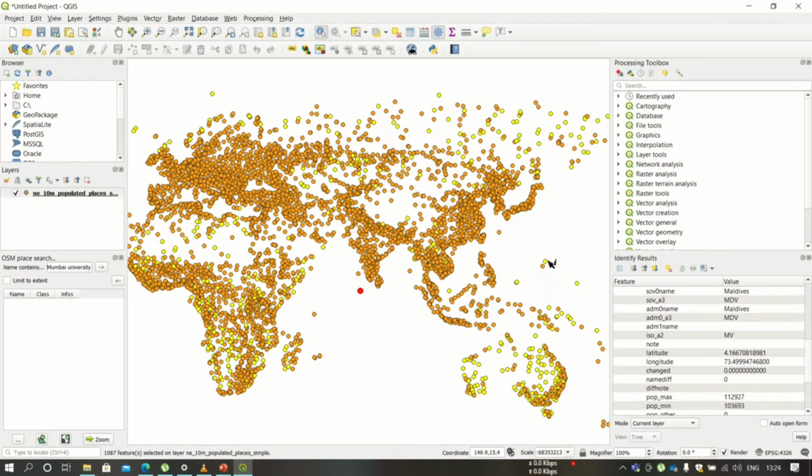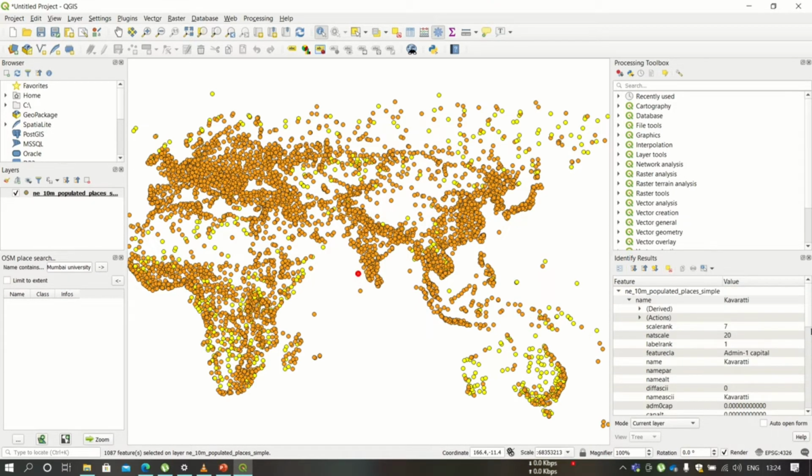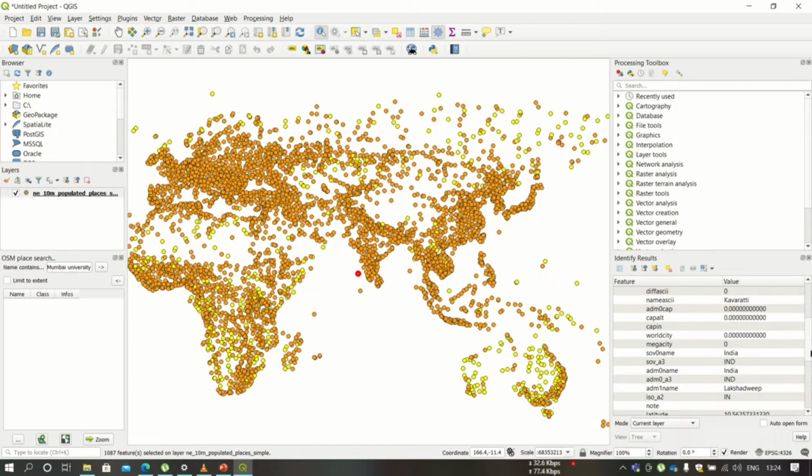The population max value for this dot was more. That's why it was not highlighted with the yellow color. But for this dot, the population value is in between 100 and 10,000, so it is highlighted with yellow color. So you can check this randomly with different points.